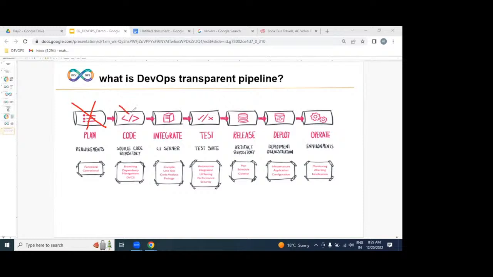We are part of coding, integration, testing, release, and operation. So we are going to be implementing the DevOps process from the dev environment to operations in an automated way, in a transparent way.